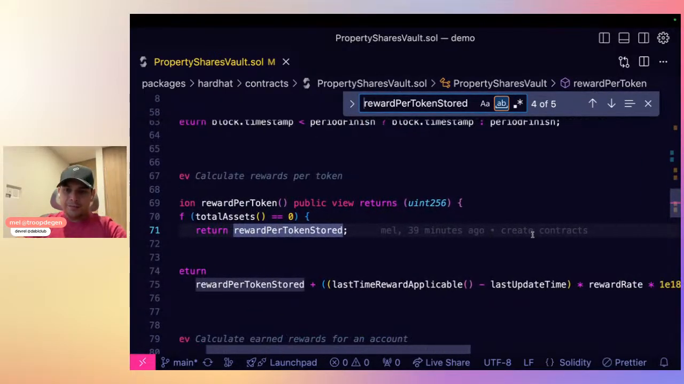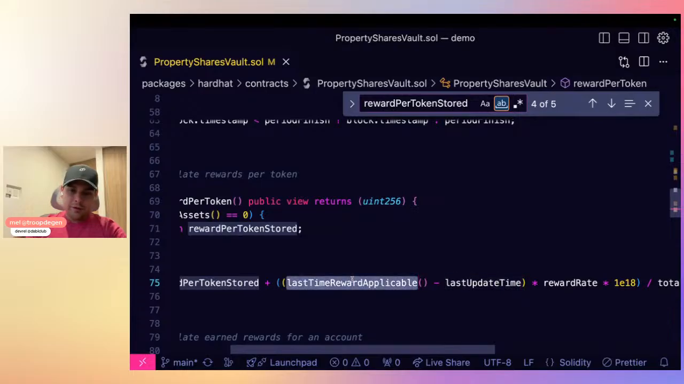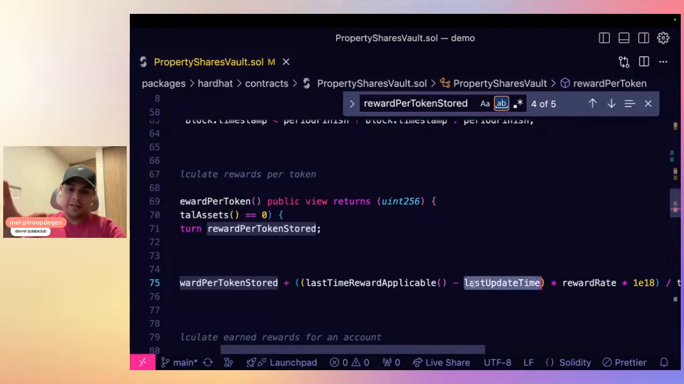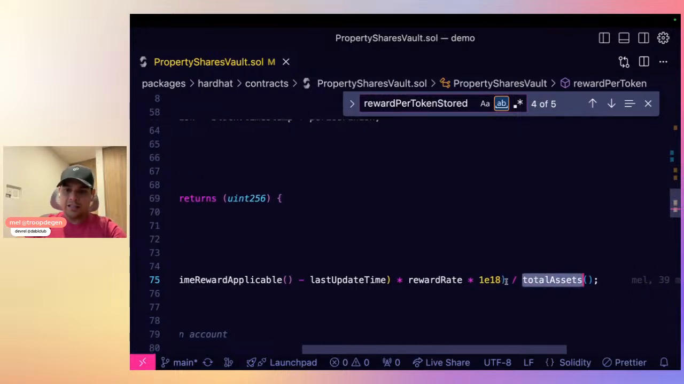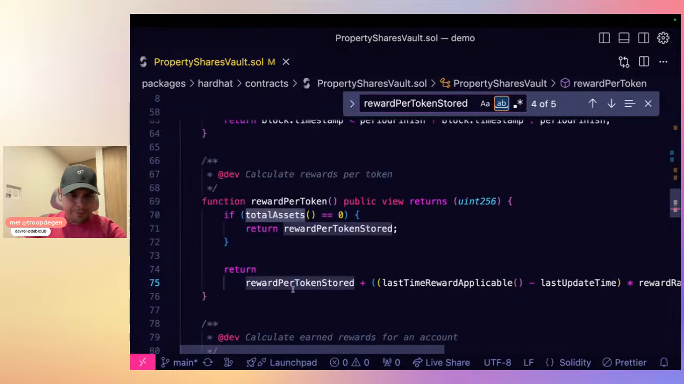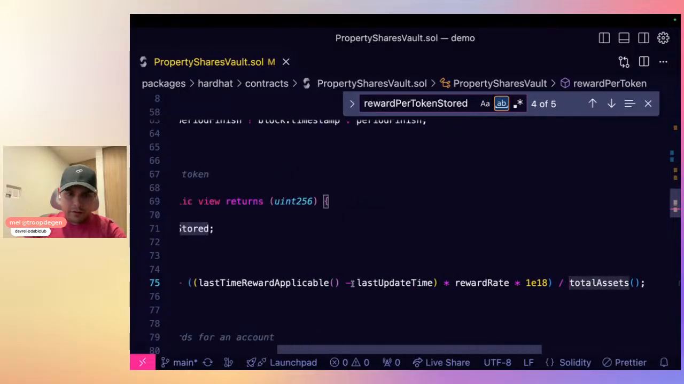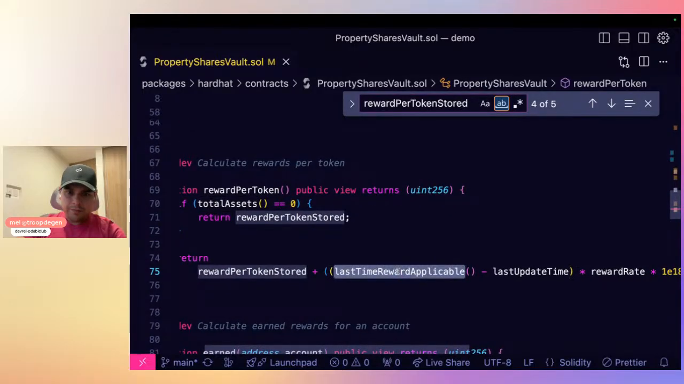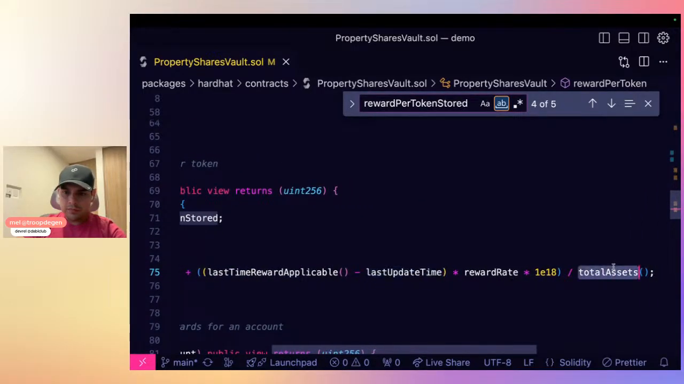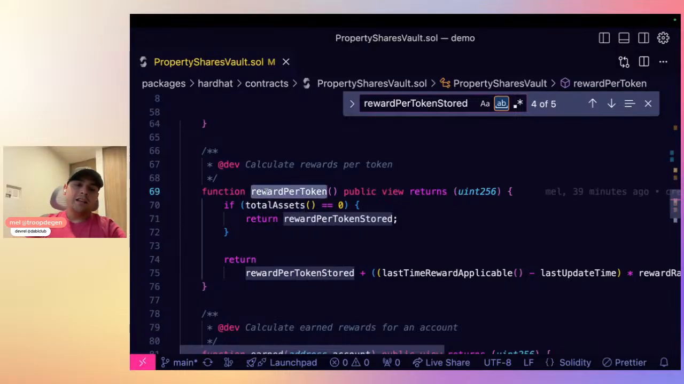It just calculates the period between the last time the rewards were available and this current time. It just gives you a period of time that is going to be multiplied by the reward rate, and this is for the decimals, divided by the total assets, because it has to be last time reward applicable. Okay, so the calculation for this value is going to return us how much each token should be receiving